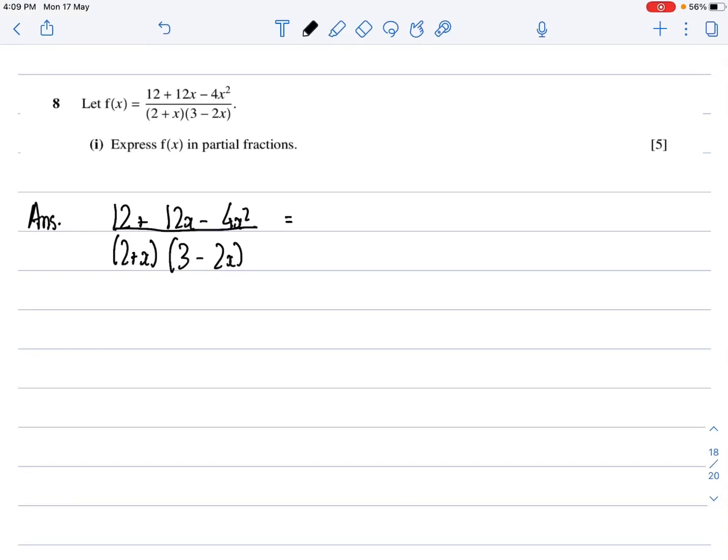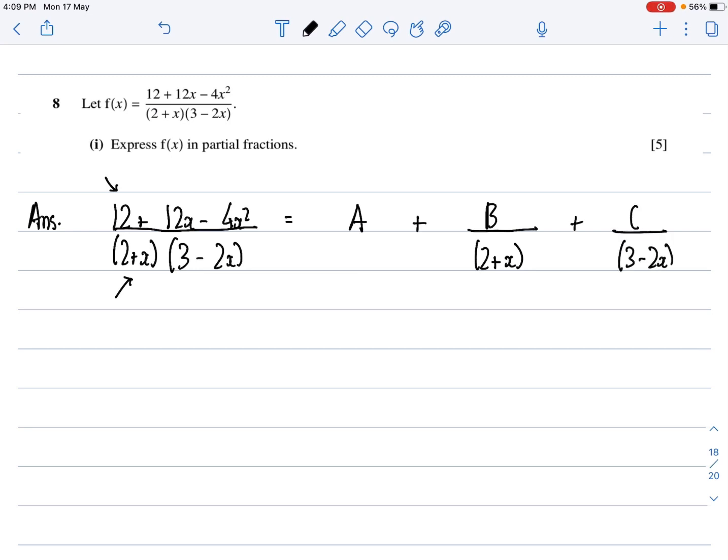This is the eighth question of the paper, and as you can see, we need to express f of x in partial fractions. If you look at this closely, this is a type 1 or a simple denominator, but there's a quadratic in the numerator. So the form of this is simple. You need to remember it's A plus B over 2 plus x, plus C over 3